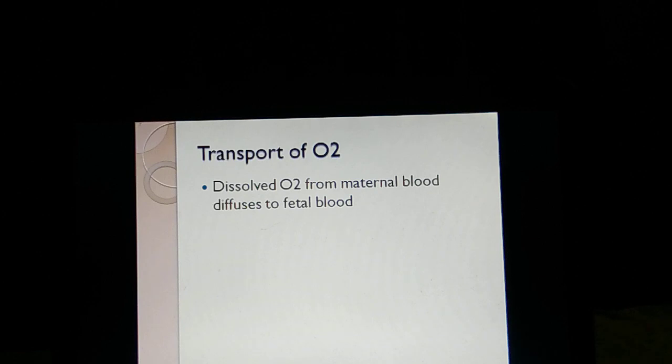And if you remember Bohr's effect, ये बोर effect होता था ना कि low pH में it leads the curve shifts to the right side, leading to the release of more amount of oxygen. तो जब मदर का कर्व जो है वो राइट साइड शिफ्ट हो गया तो वो ज़्यादा रिलीज करेगा ऑक्सीजन फॉर द फीटस, और फीटस का कर्व शिफ्ट हो गया है लेफ्ट, सो इट विल बी टेकिंग अप और बाइंडिंग विथ मोर अमाउंट ऑफ ऑक्सीजन. So these two phenomena together lead to the efficient supply of oxygen to the fetus.